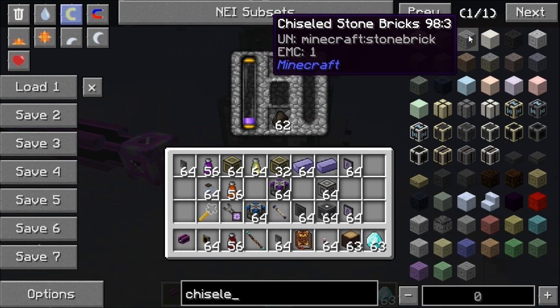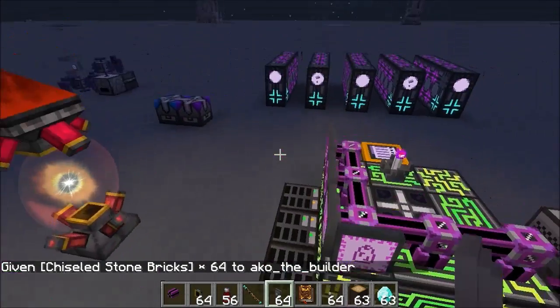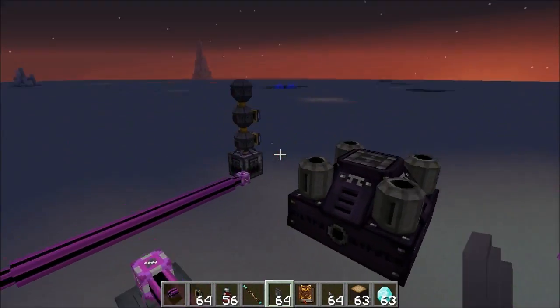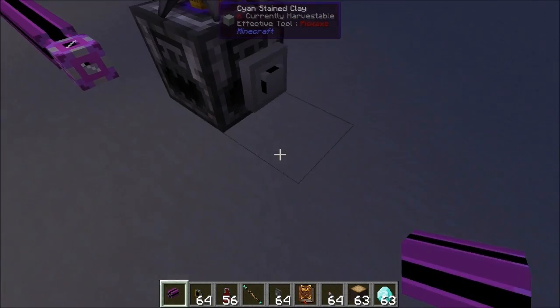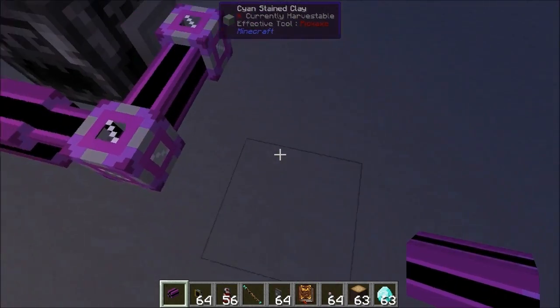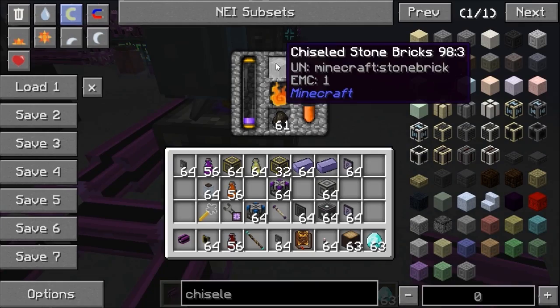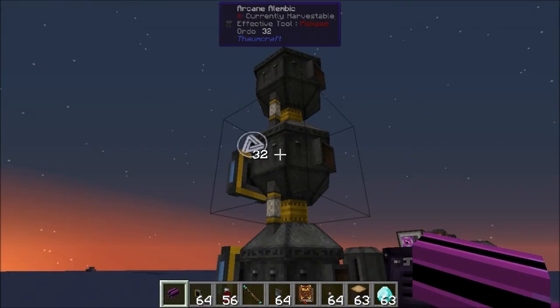So chiseled stone bricks, we'll set that in there as our export thing. I'll go bang some chiseled stone bricks into our system, like so, 64 of them in there. So when we connect that up, this is going to start putting chiseled stone bricks into our system. What we can do, so they're going to start coming in. There we go, chiseled stone bricks, and we won't want to set that off the amount of order we've got